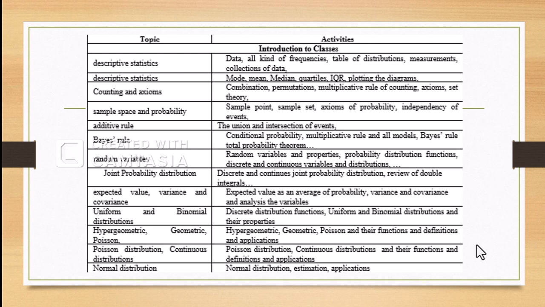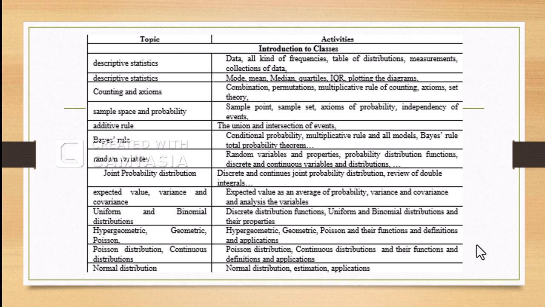And at the next step, the joint probability distribution will be discussed. This joint probability distribution is designed only for engineering students, and we will use the double integral to calculate the joint probability distribution. After that part, we will discuss the expected value. In the expected value, we have a lot of interesting topics, including topics about gambling, and we will give you some examples about gambling and how casinos rule. We will discuss those things, and at the end of the day we will introduce different types of the